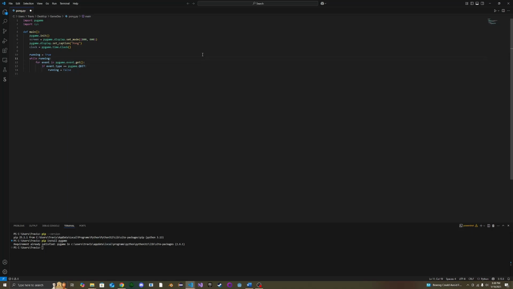So what it's doing, while it's running, anytime there's any sort of event, it's going to check it, and if that event is causing the game to quit out, or should cause it to quit out, it's going to take that variable running and set it to false, and from there it'll end up ending this loop, so it'll actually end the quote-unquote game, which we won't really have a game quite yet, but